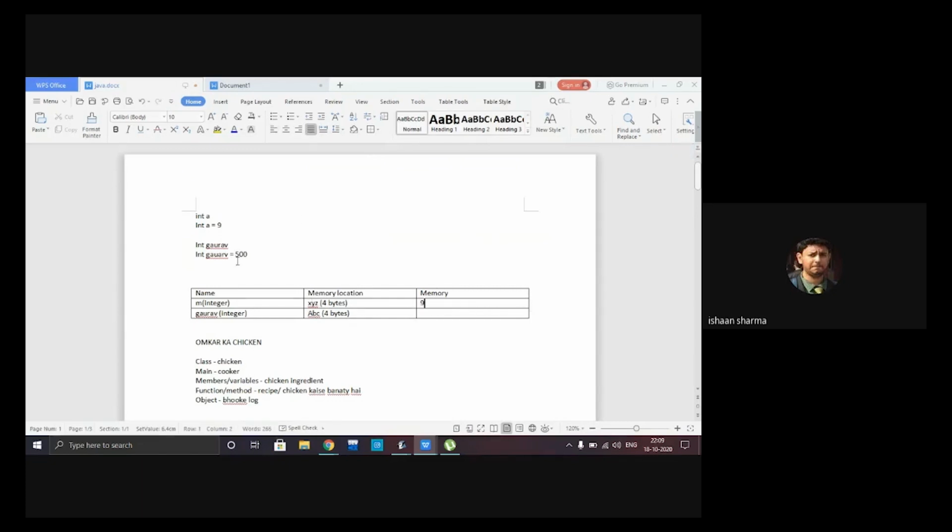In another case, suppose int Gaurav. The name of the memory will be Gaurav and the data type will be integer. We are not concerned about the memory location, but the memory space of an int variable is 4 bytes. And suppose I write int Gaurav = 500, then 500 will be stored at that memory.